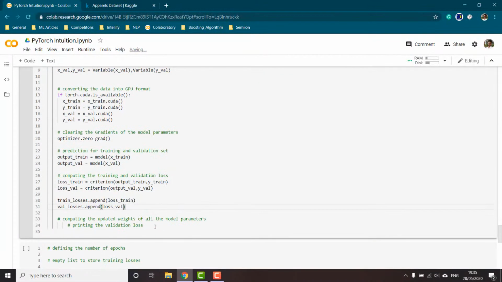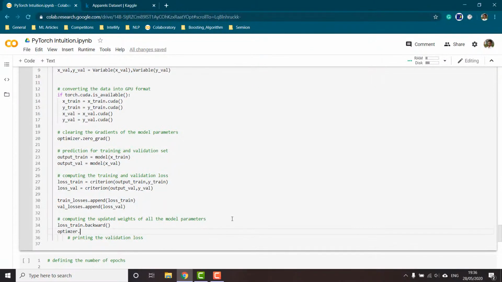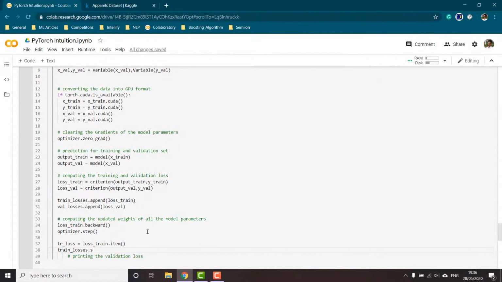So once this is done, at last we would be computing the updated weights of all the parameters. So for this we would perform backward propagation of our loss, so loss train.backward, and then optimizer.step to update our parameters, and then our training loss would be equal to loss train.item, and we would append this loss into an array.